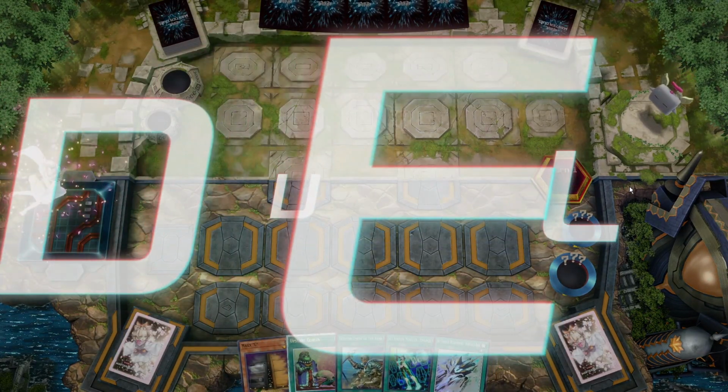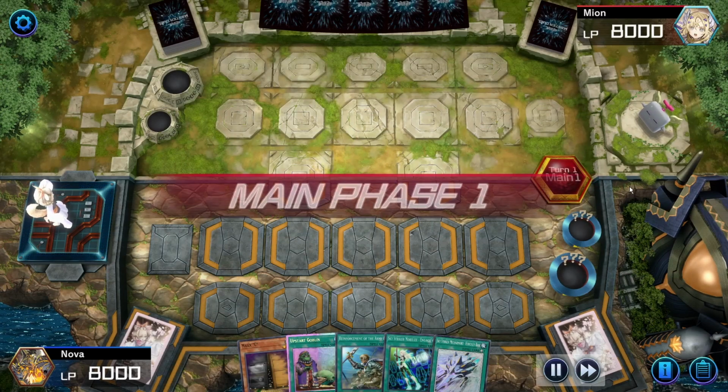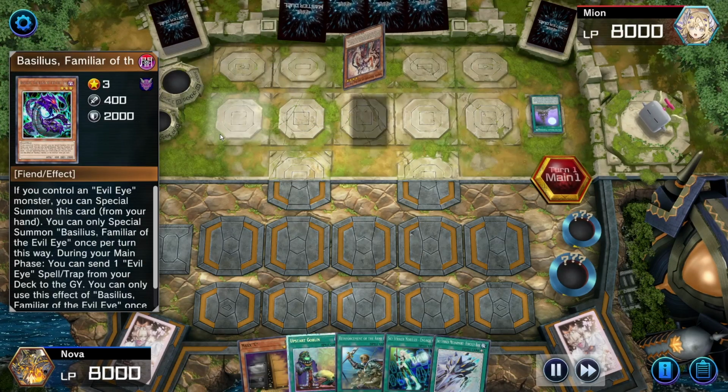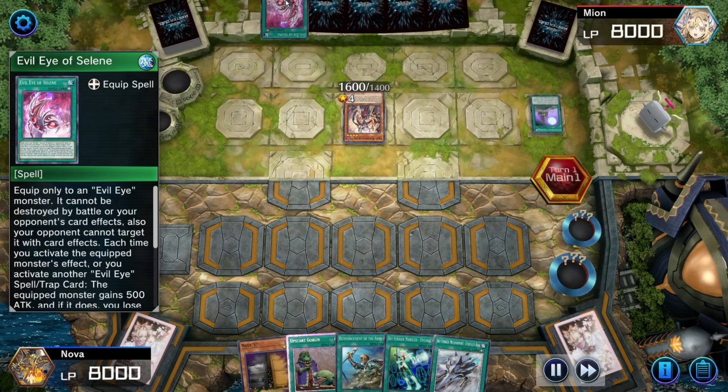Now, let's get into the game. We are going second, and our opponent is playing Evil Eye. They are going to start by activating the field spell and searching a Basilisk. Then they are going to normal summon Cerziel and use its effect to get the Evil Eye of Selene to